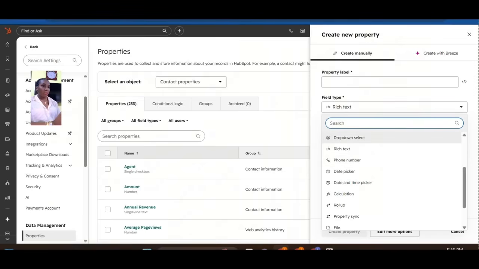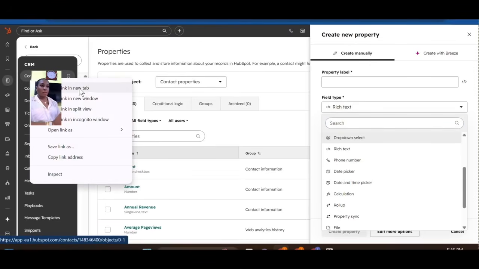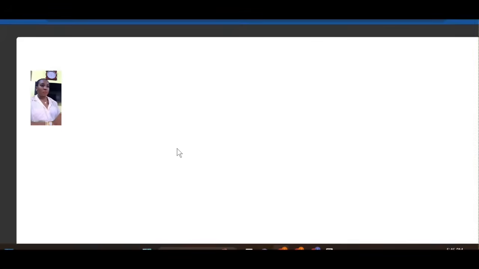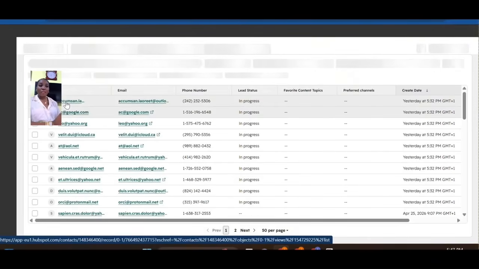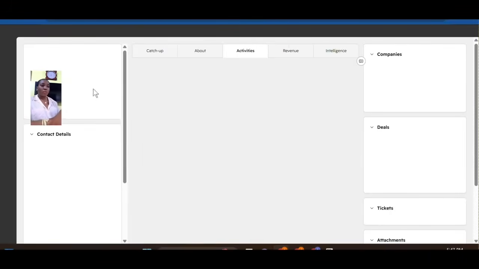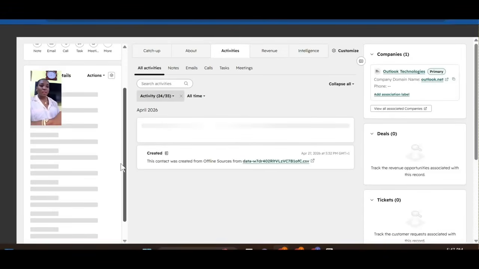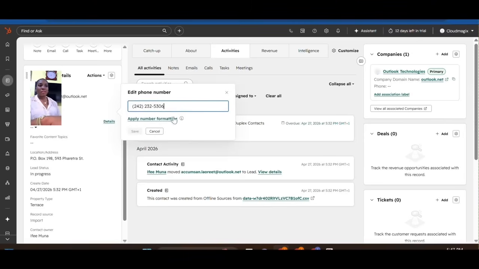Let me show you what I mean by duplicating, going to my contacts. When you create a phone number field, you can't collect any other data in that particular field except a phone number. So when you are trying to create a contact and collect the phone number, if I select this and clean the value and then type my number,